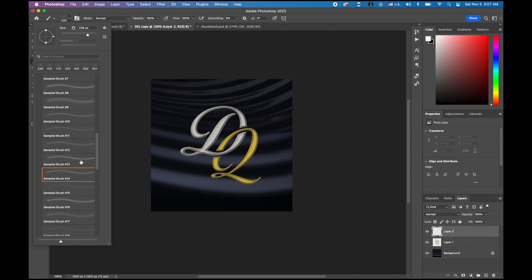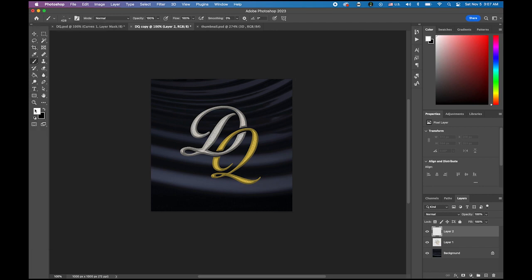So I chose this, brush number 14. And let me increase the size a little bit, around 400 something. Okay. And then my foreground color is white. I'm on a new layer. Then let me make some sparkling effect somewhere there. Ding. Shiny. And then also let me sample with my eyedropper tool, sample this tip, that yellow, maybe this yellow, like